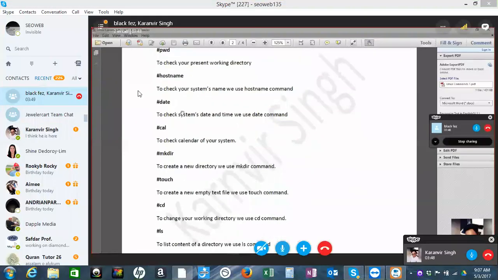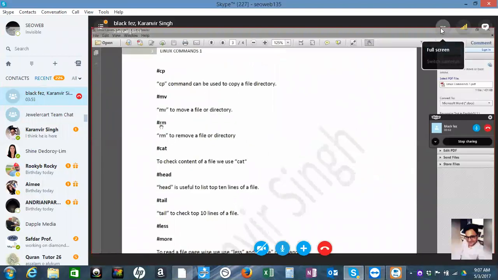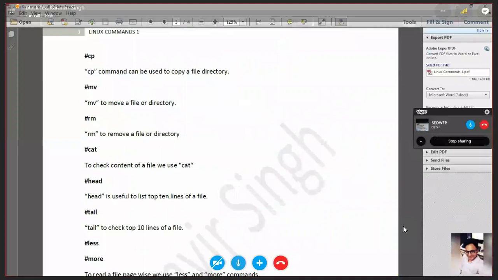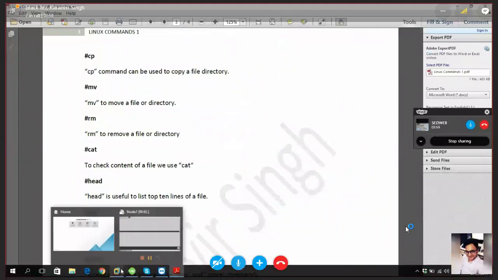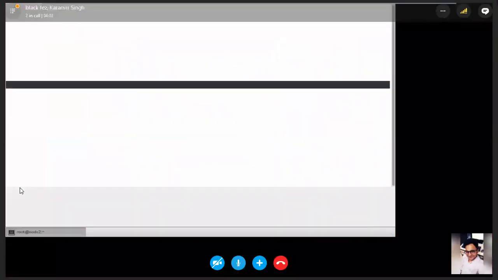pwd, hostname, and we did until rm, right? How to remove a file, how to move a file, how to copy a file. We were doing yesterday how to copy a file, move a file, or rename a file, right? So